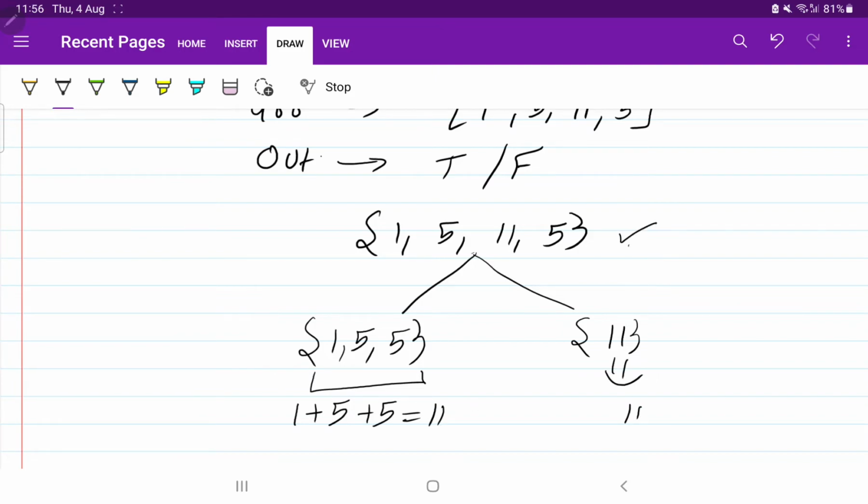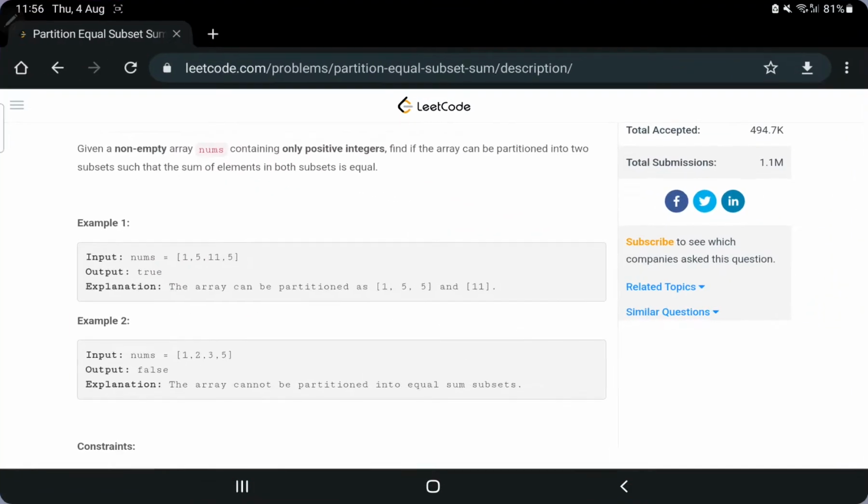It means we can distribute this array into two partitions, P1 and P2, such that the partition sums are equal. So here we have to return the output as true. This was the first example given.